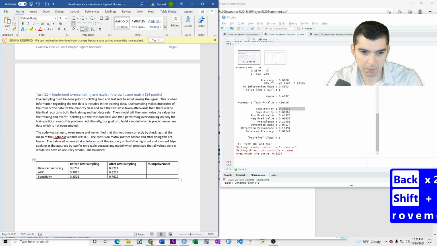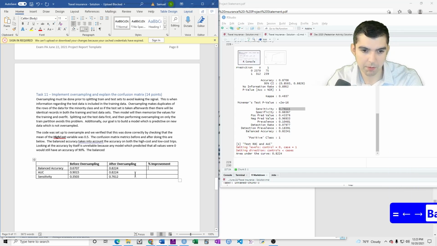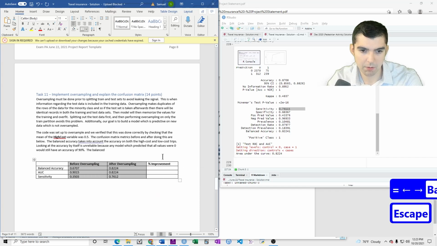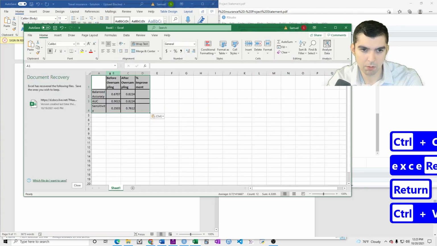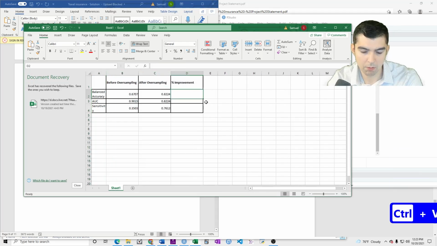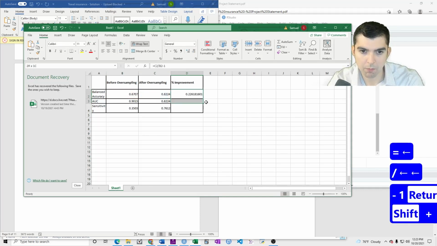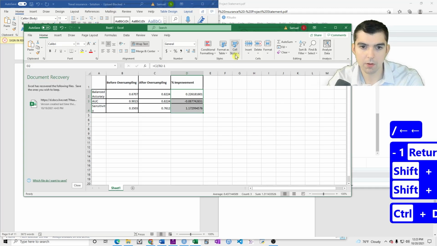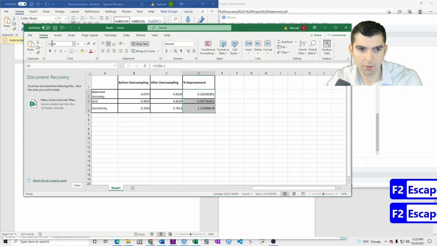And then, well, if this isn't an Excel table, if this was an Excel table, we could do that. And make this a percentage.